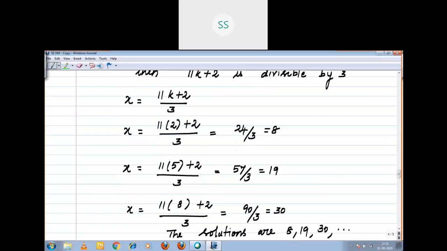How you are getting? You have to go through what it is, congruence. Either you can write it as multiple or you can write it as divisible, right? Both the things I explained. I can write it in terms of multiple, at the same time I wrote it in the form of divisible.